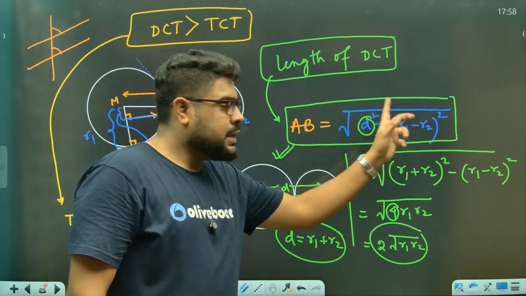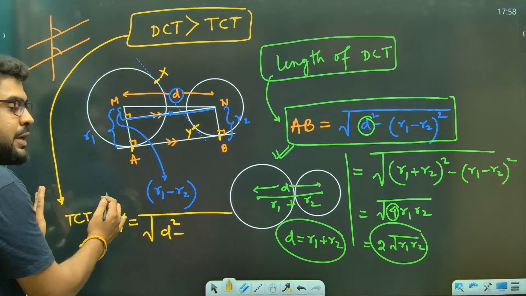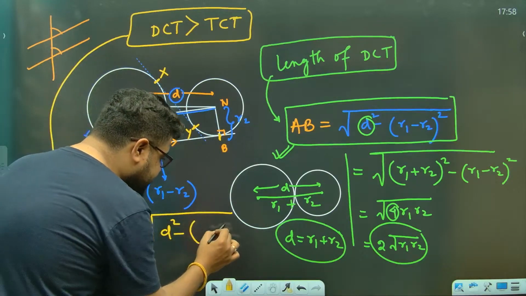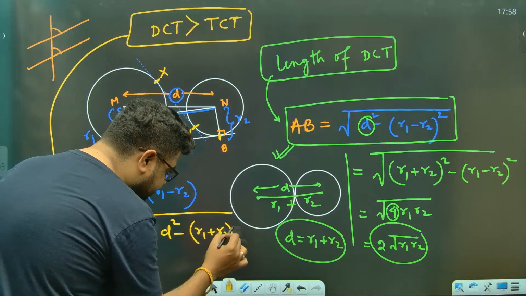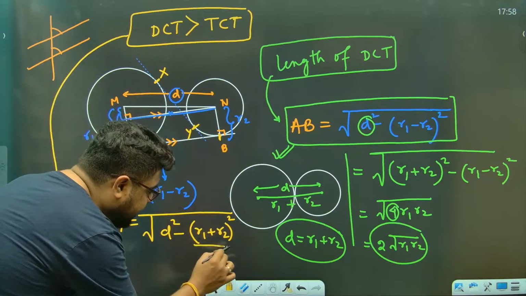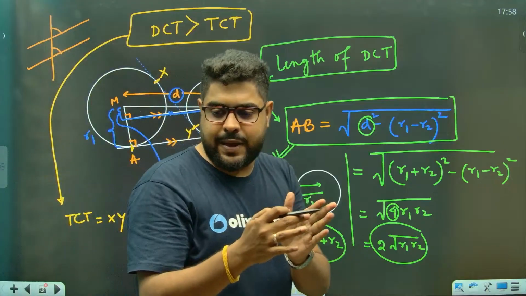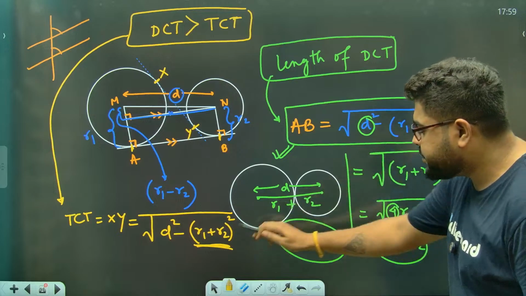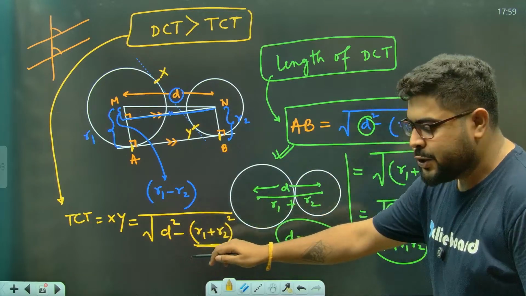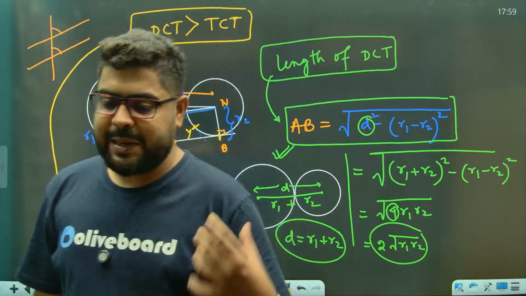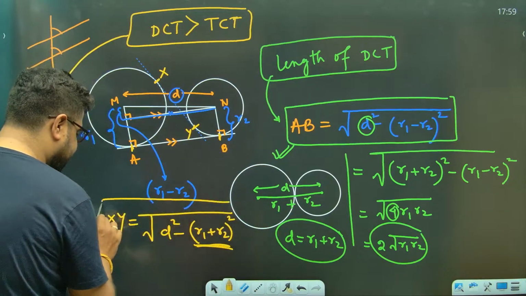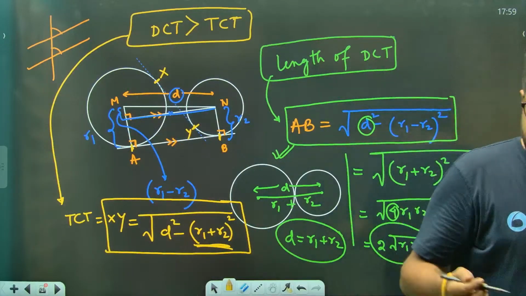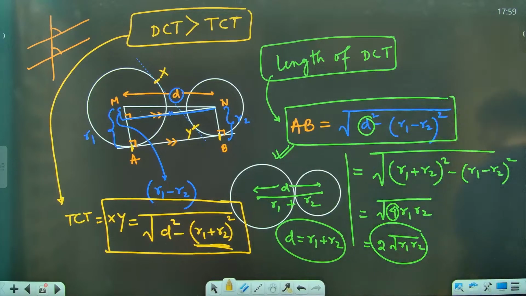So what we'll do, now I need to make this smaller. So D is constant, D has not changed, the distance between these two has not changed. So the only thing I can change is this. So I will put R1 plus R2 whole square. Why? Because I am subtracting a bigger value from D square. Now R1 plus R2 is greater than R1 minus R2, so I'm subtracting a bigger value from D square. So definitely the subtraction, the resultant will be lesser. So remember it like this, as TCT is smaller, you can simply do this, sir.